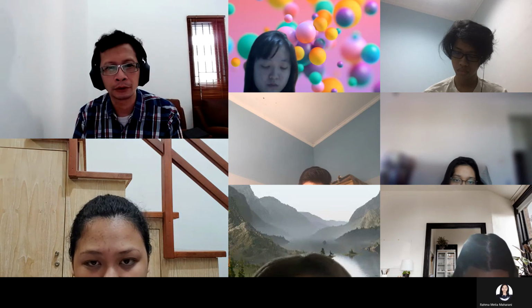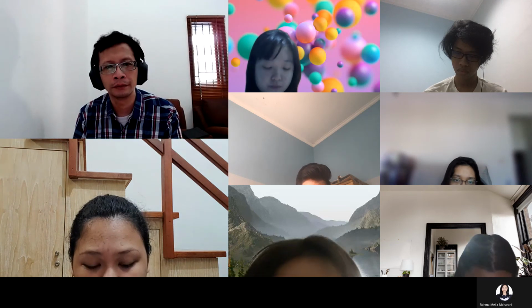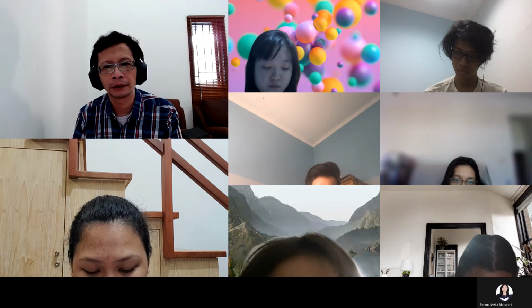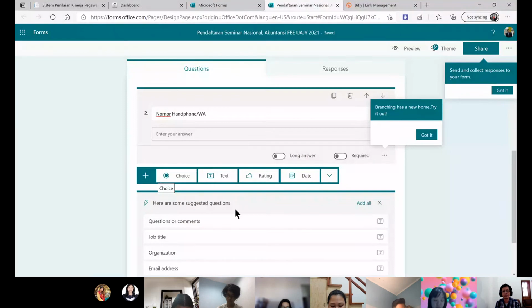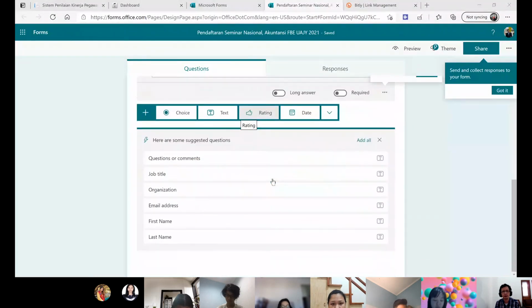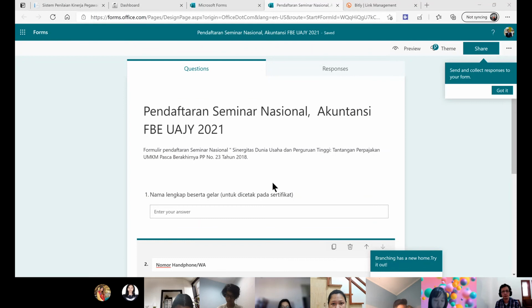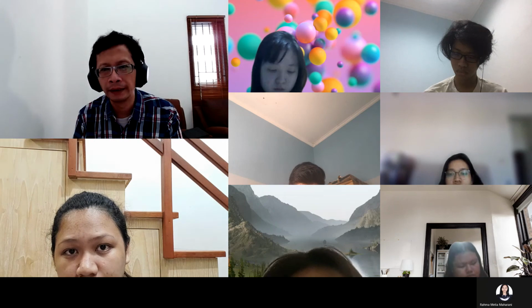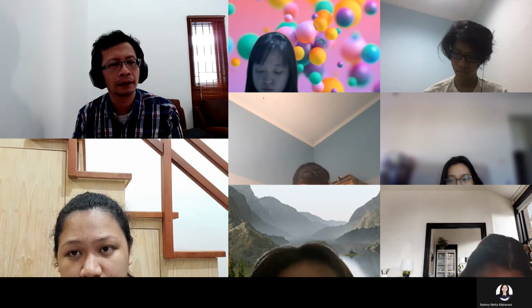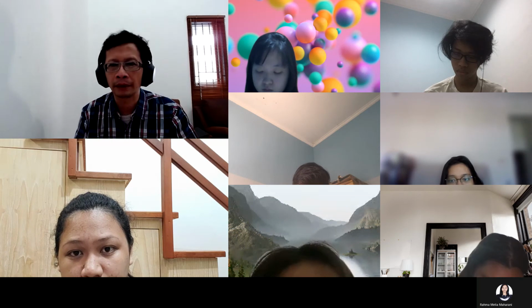Okay, let me show you my form. So this is the form. Okay, it can be used for many things. Okay, the share is on. So this is the form. Okay, Microsoft Form. It's very easy to build, very easy to develop. You don't need to understand any programming code behind it because Microsoft will accommodate that. Okay, so that's the form part.